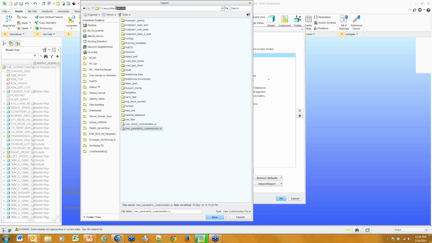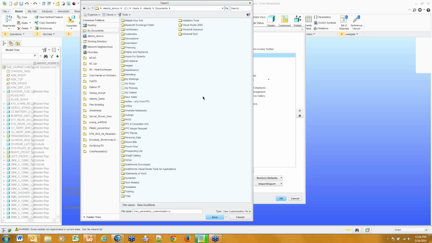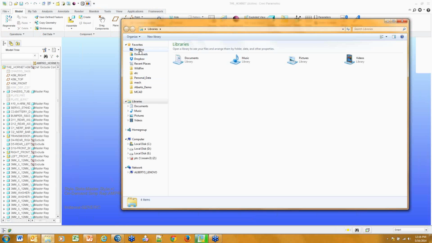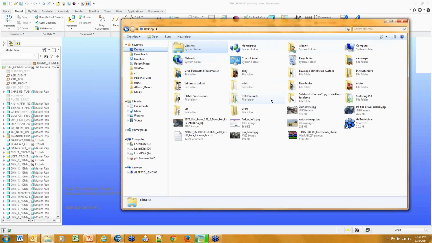Just a little side note here, my startup directory is its own folder. Oftentimes people use the default startup directory, which is the documents folder here, and it creates a catastrophe within the documents folder. To do that, we can basically navigate to our shortcut,